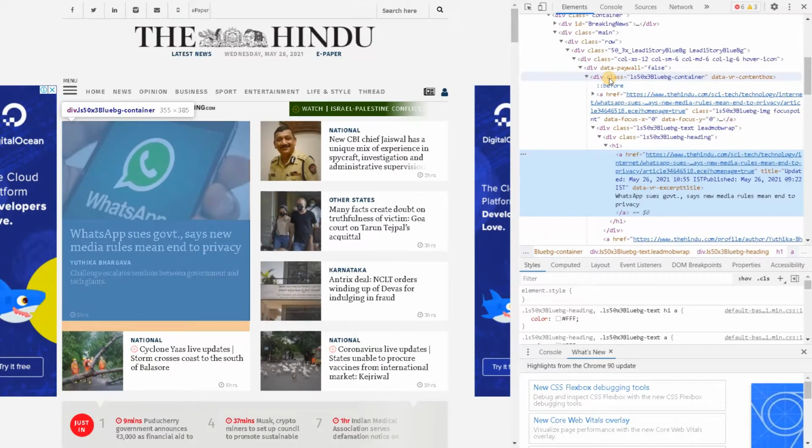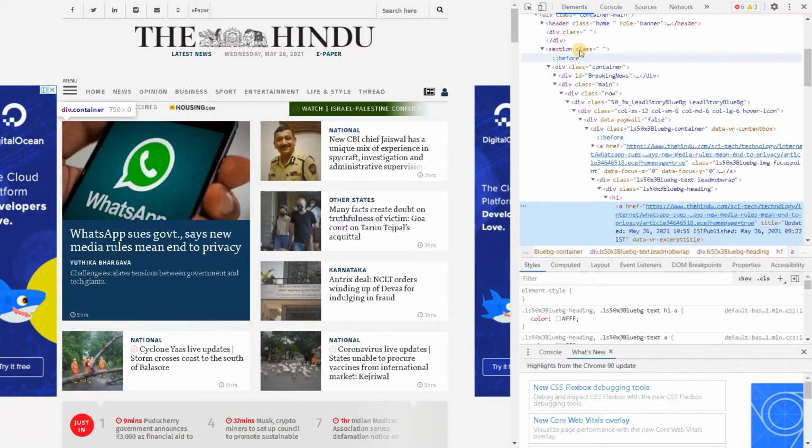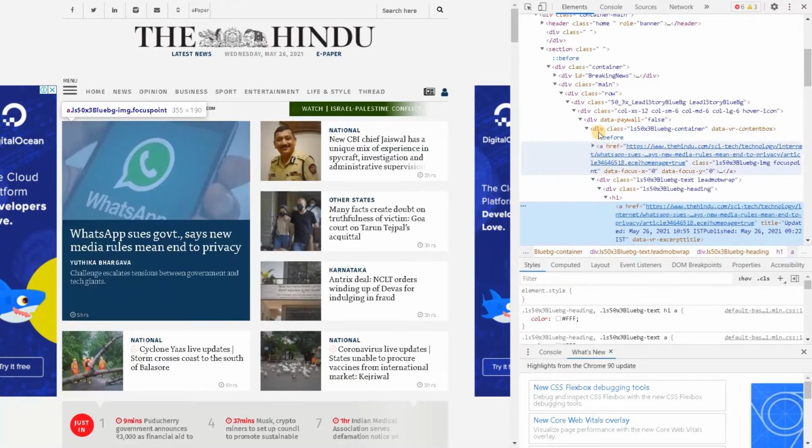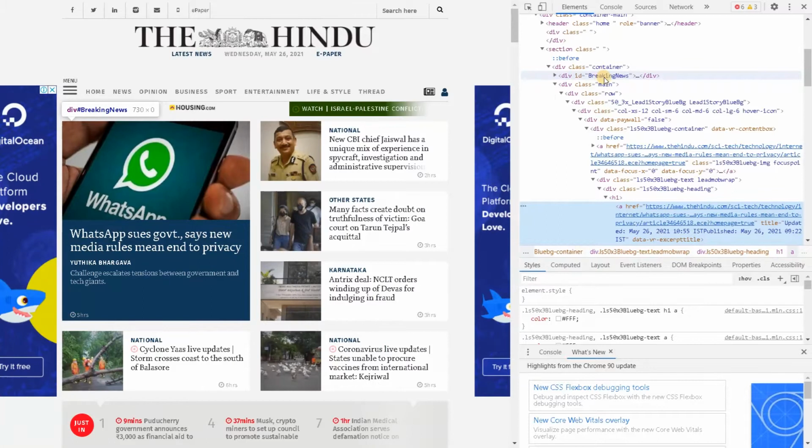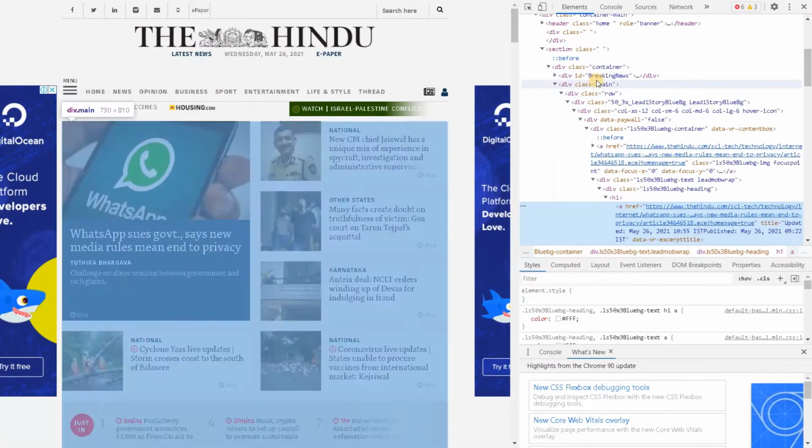So the first one is element ID. As you can see in this div tag, we have the breaking news ID. So this covers the whole page. Under this, we have various div tags. Using this ID, we can locate a particular element. As you can see, it's showing this div tag. If I hover over the mouse, it's not showing the entire thing. So here, this is a class. We can also use this class. That is also one of the web locators.